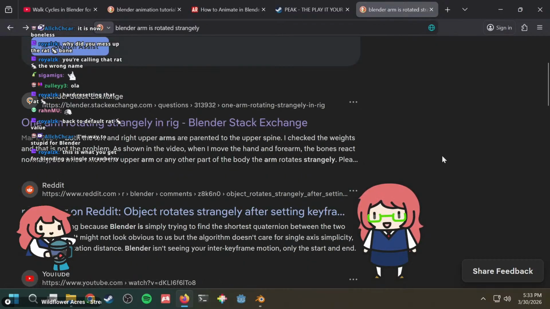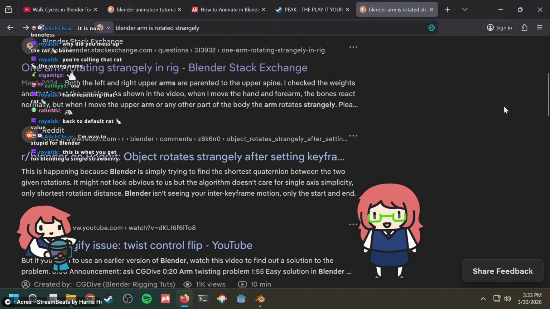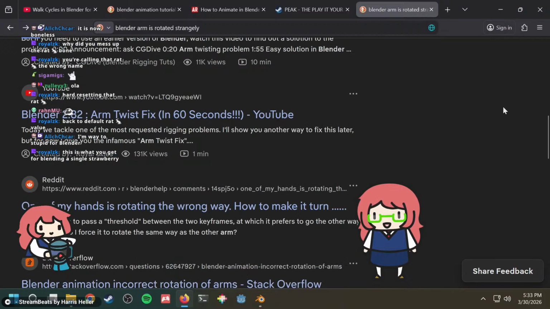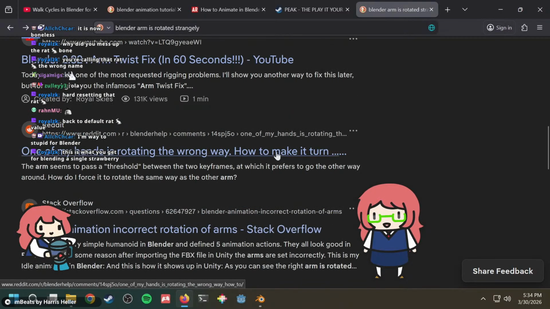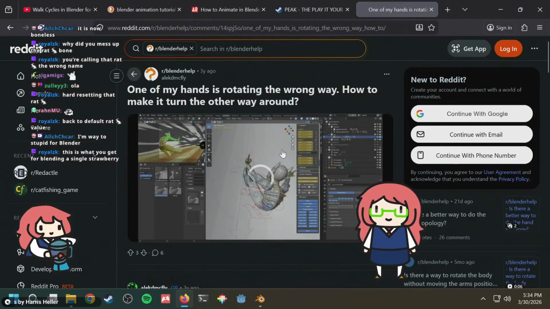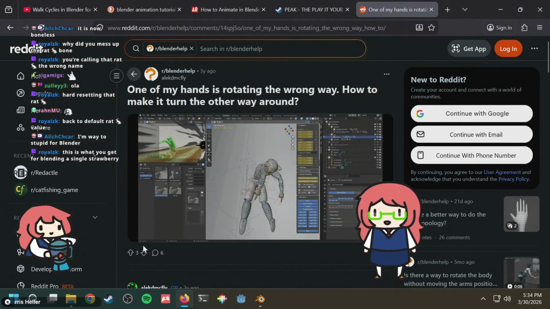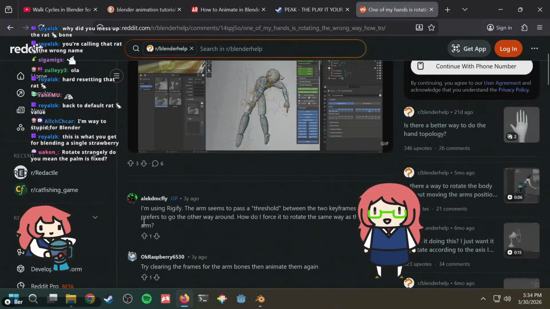This is what you get for blending a single strawberry. No, it's not even blended yet. Are you seeing this? It's like in the blender, but it has not yet been blended. So obviously he's going to add some more stuff to it. Presumably, the blender doesn't even have blades.